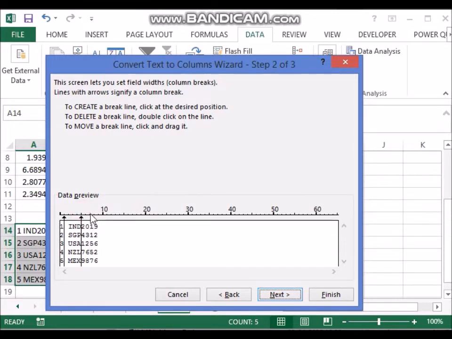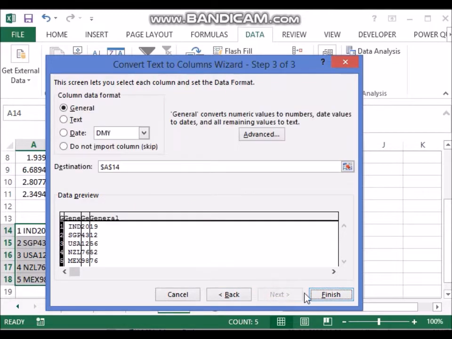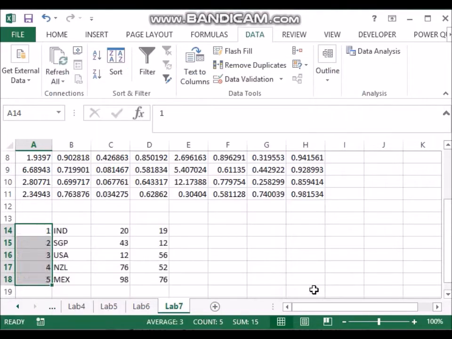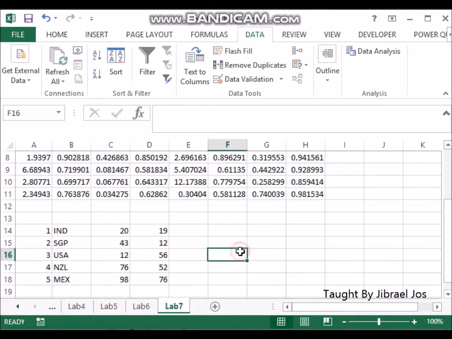I click a bit more, 2 steps further, so that I get a separator between 20 and 19. So this way I have got 4 columns now, 1, IND, 20, 19. Let me click next and let me press finish. And you notice the data has been split into 4 columns. So this is a way of splitting data into multiple columns.